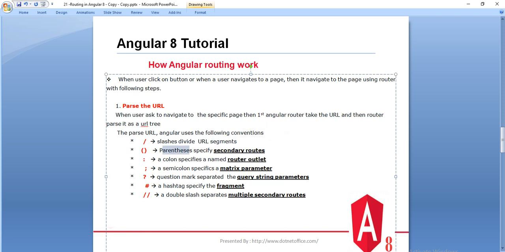If parentheses exist, that specifies a secondary route. If a colon exists, then it is specified as a router outlet. And if a semicolon exists, then it is defined as a matrix parameter. If it is a question mark, then it is a query string parameter, like we already know about the query string parameter